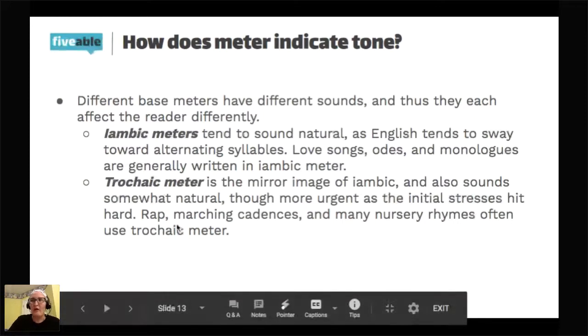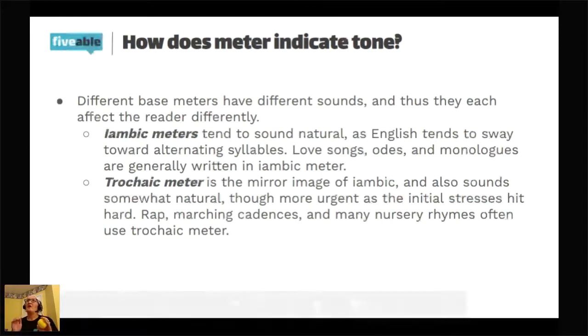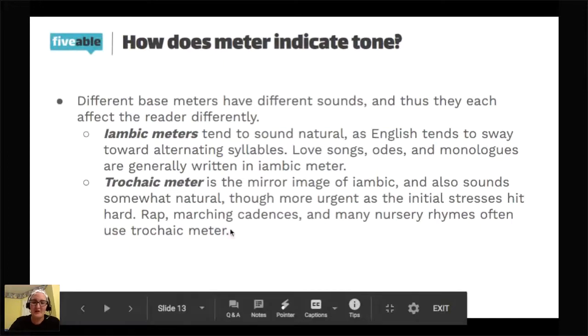A lot of rap songs are written in trochaic because it's moving you forward. It's like a cadence, like you stepping forward. I'll also say iambic meter tends to be used in love songs too, and this could be really cheesy, but iambic also imitates the human heart. Ba-bum, ba-bum, ba-bum, ba-bum. So that's why a lot of love songs are written in iambic. You can totally use that cheesy line in your essays too. But trochaic moves a little bit faster.